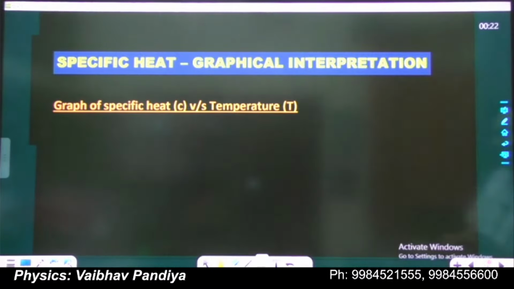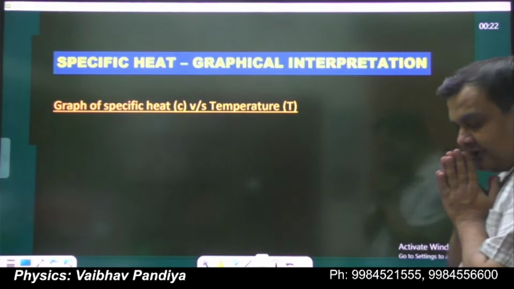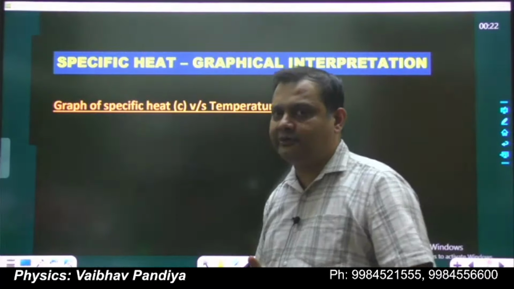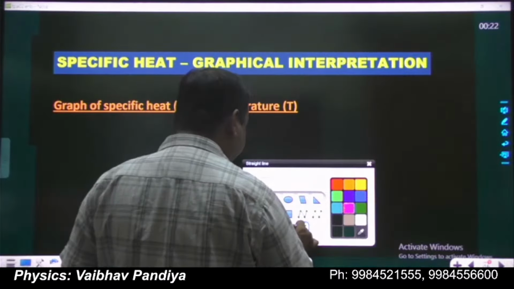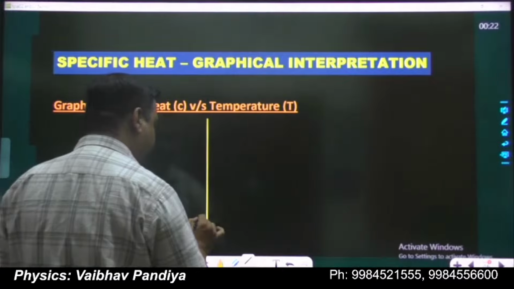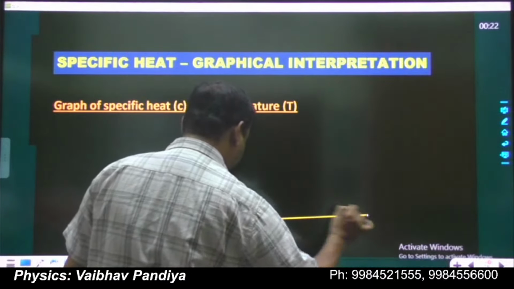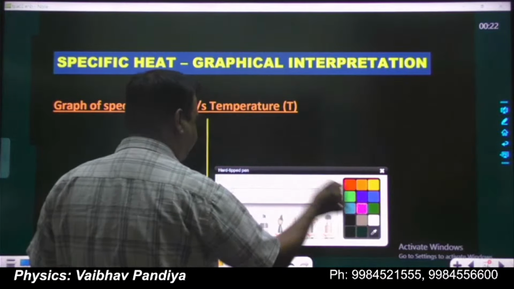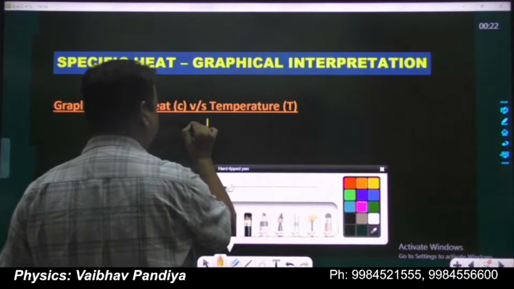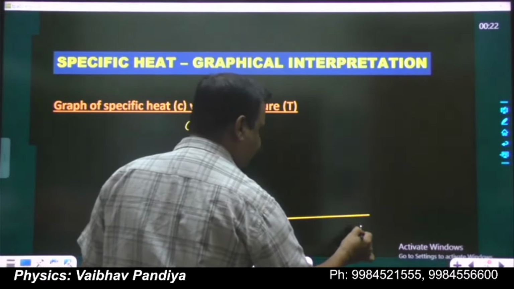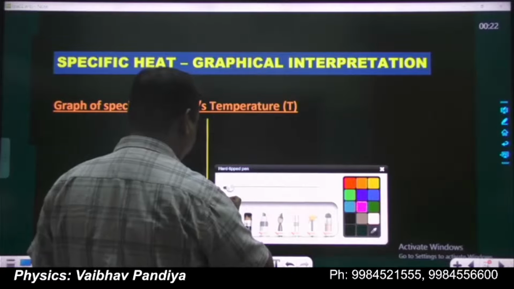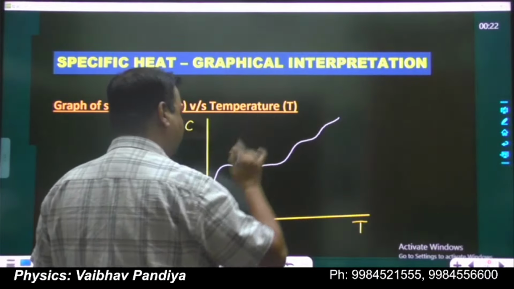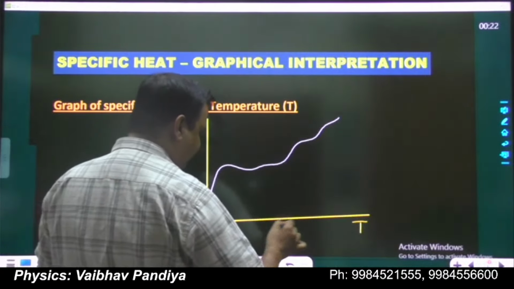Now let's see again the variable heat capacity, but now in a different approach, the graphical approach. Suppose you are given the variation of heat capacity with temperature, and some graph is given. Now we are not given the mathematical function, but some graph is given, and we have to find what